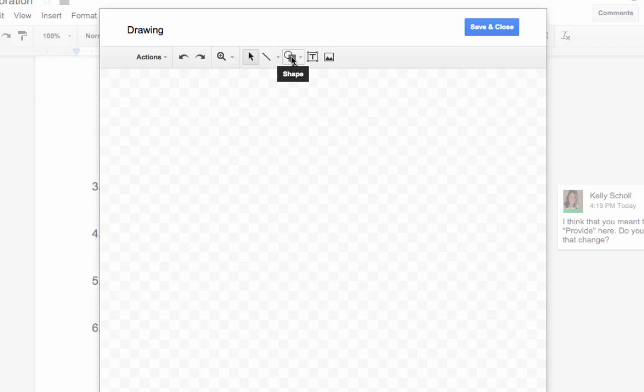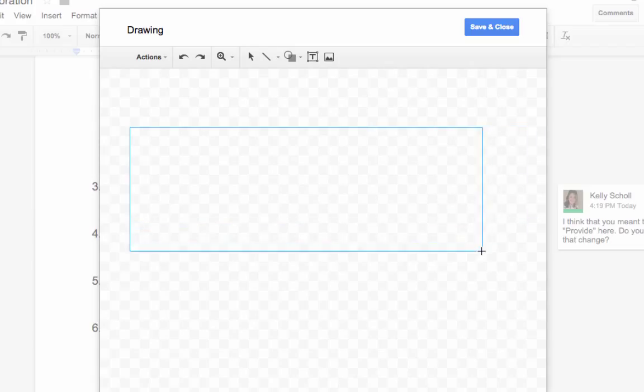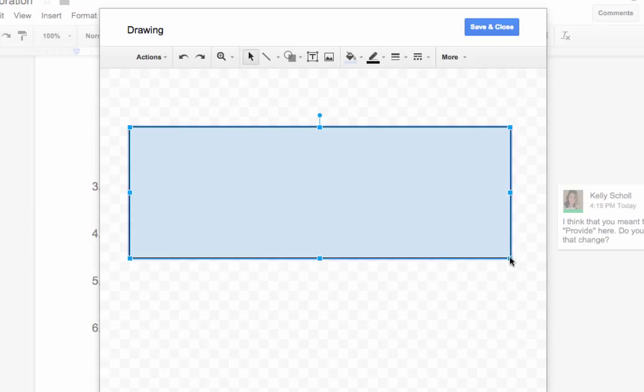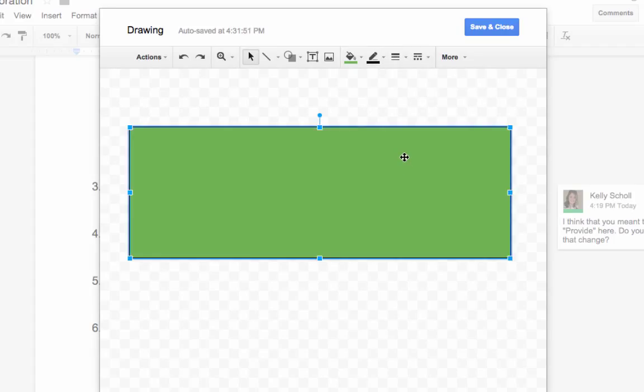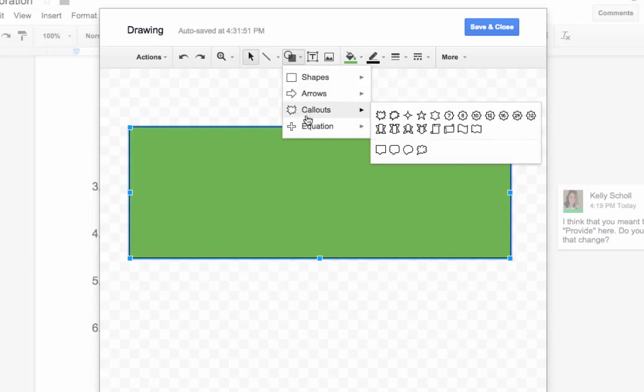For this, since I'm doing a football field, I am going to start with a shape, and I'm going to start with a rectangle. I'm going to go ahead and make that rectangle here, and it automatically has some color. Here we have some other options. I'm going to make it green for the football field. And then next I want to make, let's see,